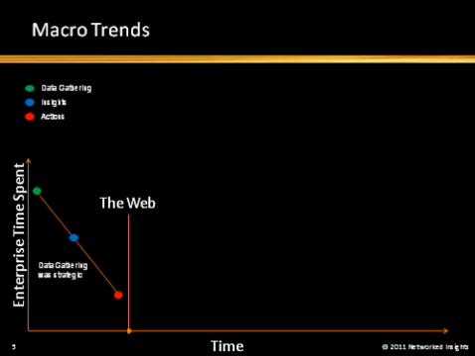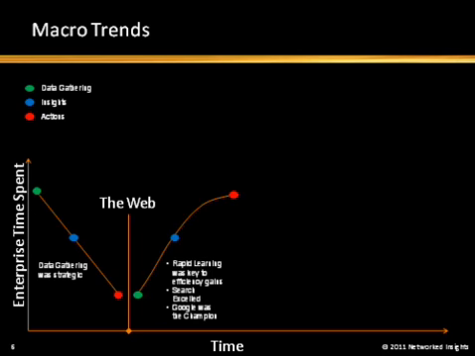Then what happened is the web came along. And the web ultimately flipped this curve completely, such that data gathering was now really simple, and we spent a lot of time in action. It's argued that Google won in this space. We all remember going into Google and searching for something and finding these very rich insights, things we didn't know existed before, and now all of a sudden we had instant access to them. It was really powerful, and it was great, because we could spend time in actioning. This is where we saw the growth of e-commerce. It's where we saw the growth in paid search and SEO.